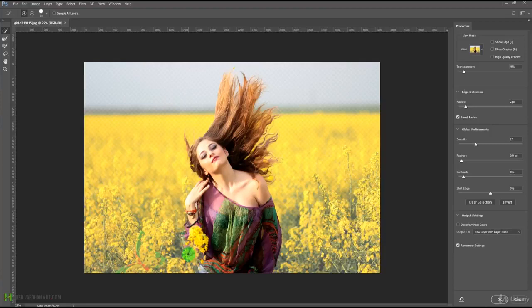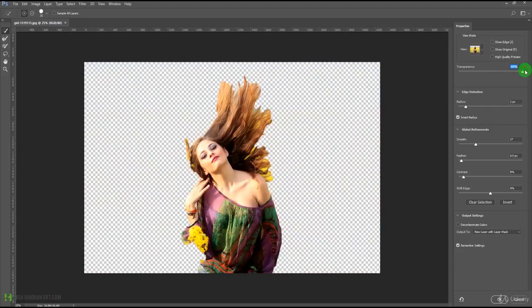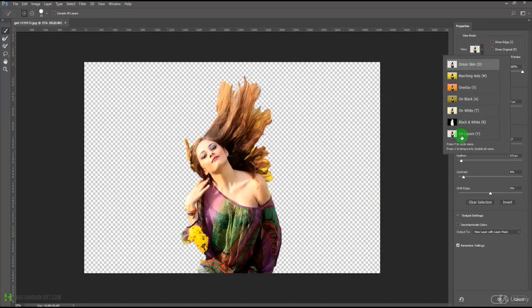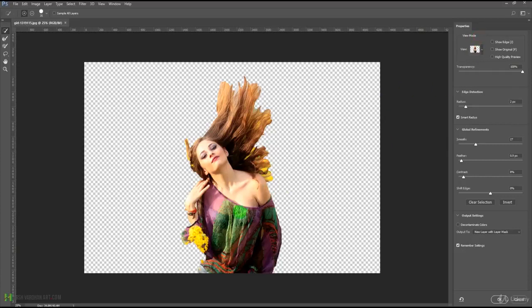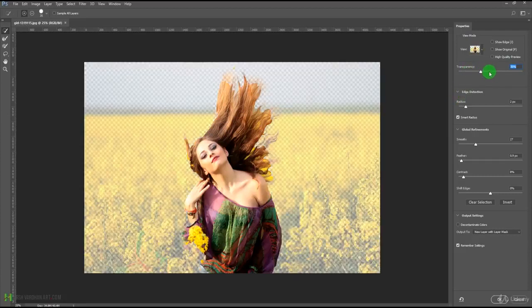And how do you see whether the selection has been made or not? You can increase this transparency to 100%, and right here you can see what selection has been created with the help of this quick selection tool. So you don't have to go down and select on layers or on white or other options. If you want to see your result on the transparent background, you can do this right now with this transparency slider. Okay, and now as you can see, some of the areas are left out, so I'm going to paint with the brush tool